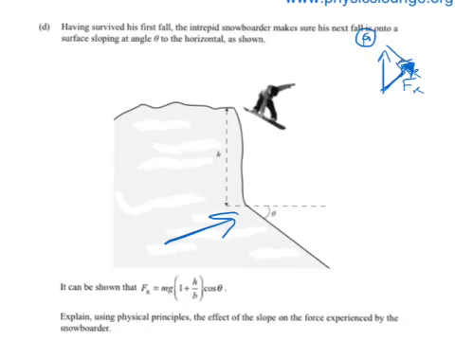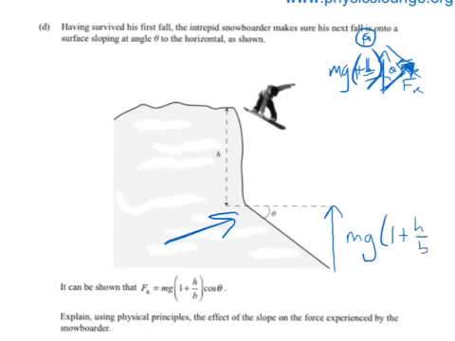So the hypotenuse here is the original reaction force, which is mg (1 plus h over b). Oops, I've run out of space. You know what I mean. Now this is the angle required for cos theta. The only thing that remains is to show that theta is the angle that we're dealing with from our diagram. So if I turn this into a nice little triangle with our original mg (1 plus h over b) here,